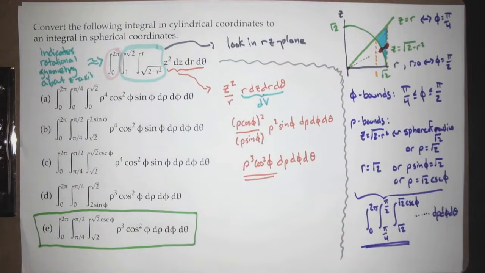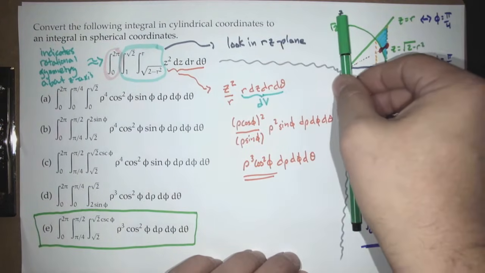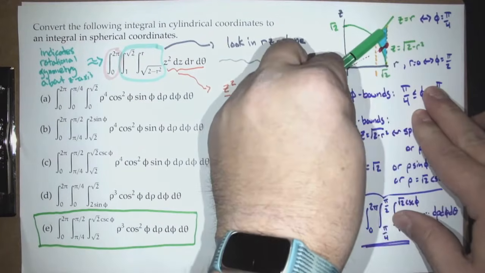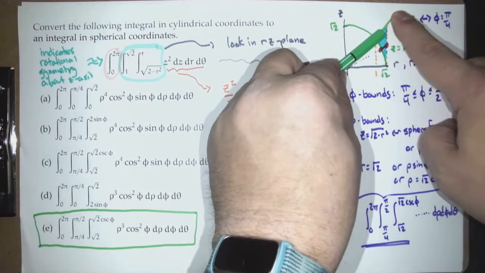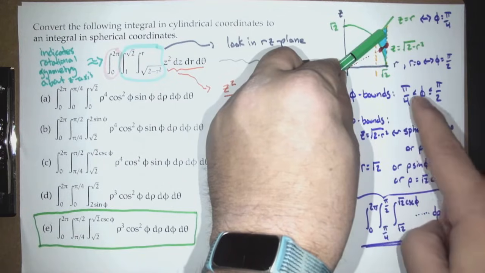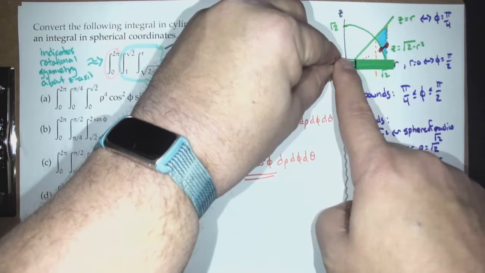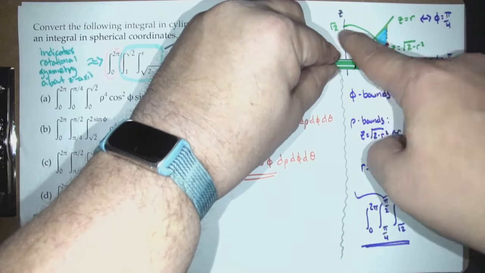All right, so what can we say? We know our theta bounds because theta represents the same thing in both spherical and cylindrical, so that doesn't change. What about our phi bounds? Well, you have to remember how phi is formed. Phi equals 0 is pointing straight up the z-axis. We don't hit anything until this line, z equals r. That's 45 degrees, our pi fourth. And then we are hitting our region, hitting our region, hitting our region until we're at a 90-degree angle,